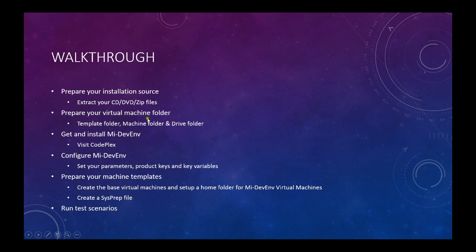Then you prepare a virtual machine home folder or root folder, and in that root folder you'll have a template folder which holds the base machine images, a machine folder which has the virtual machine configuration files in, and then a drive folder, and that's the folder that holds the virtual drives for each of the virtual machines that you create. So once you have the installation files from Codeplex, you'll then need to configure Mi-DevEnv,